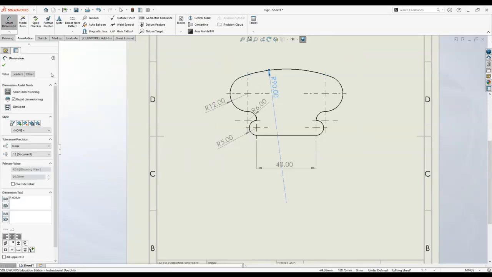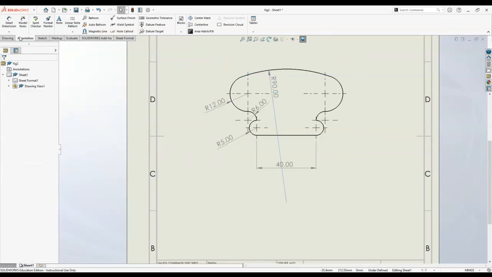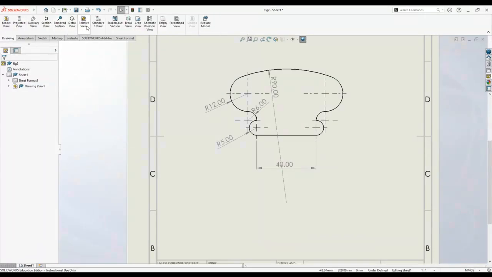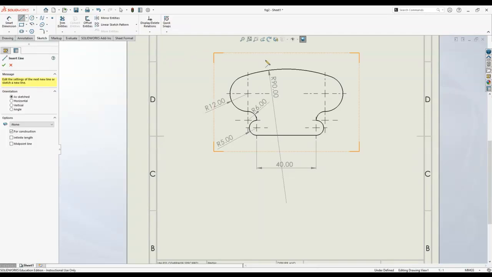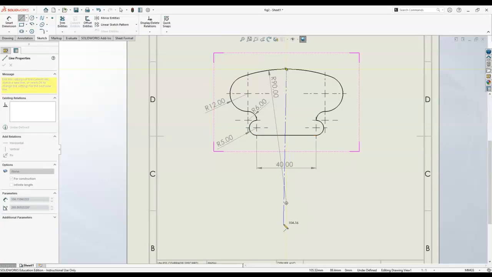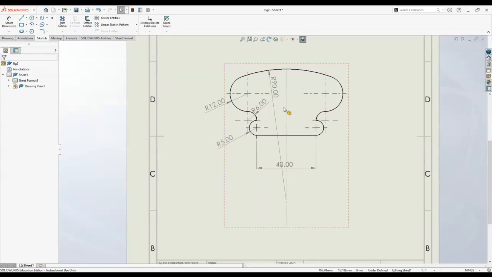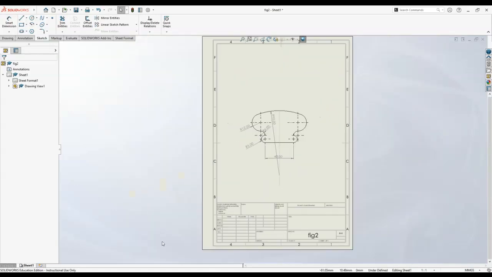And to say that this shape is symmetric, all I need to add is a line. Go to the drawing and go to the sketch, add a center line from the center of this arc and make that one vertical. So this one indicates that my shape is symmetric. I don't need to add dimension to the other side. So hopefully this recording helped you to complete your task, and